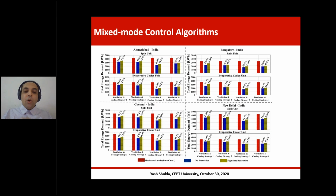strategy benefit. We also added one more feature where we looked at whether sometimes there is a nighttime restriction on opening the window because of noise or safety issues. So if you have a certain restriction, what would be the energy savings in that context? Because nighttime is when there is a significant potential to use natural ventilation in your space because of the lower